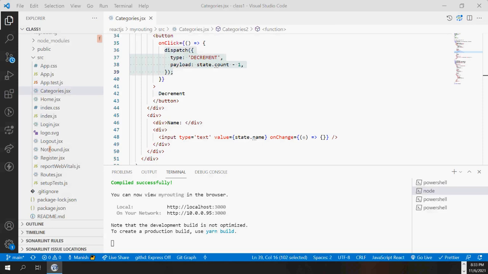So what is the new name? You cannot put a literal new name. You have to put a dynamic variable. So what will you put? Payload equal to what? You said type equal to update name, payload equal to new name,